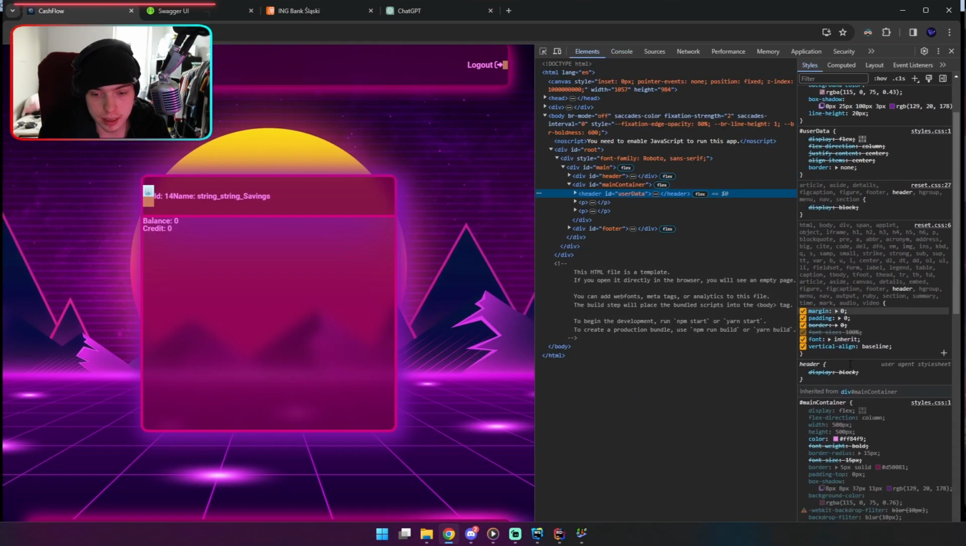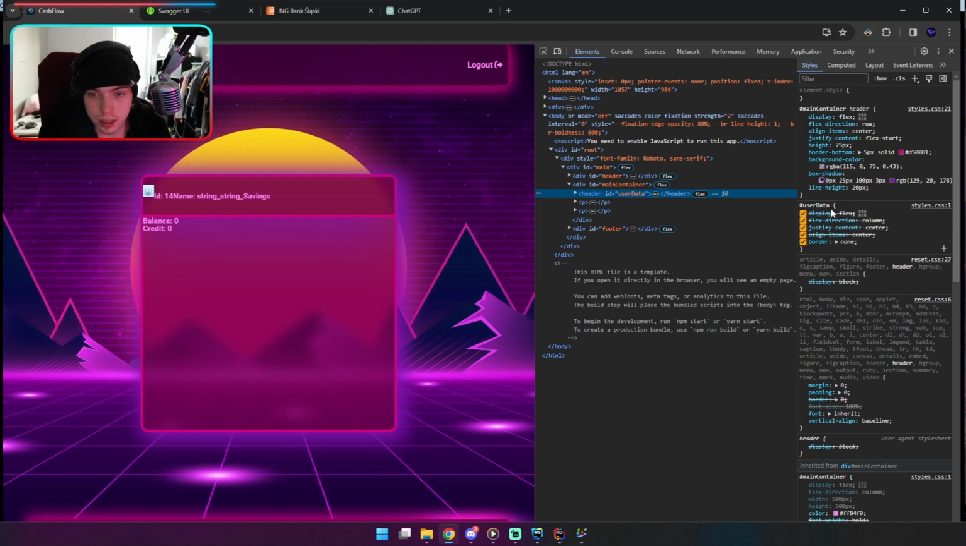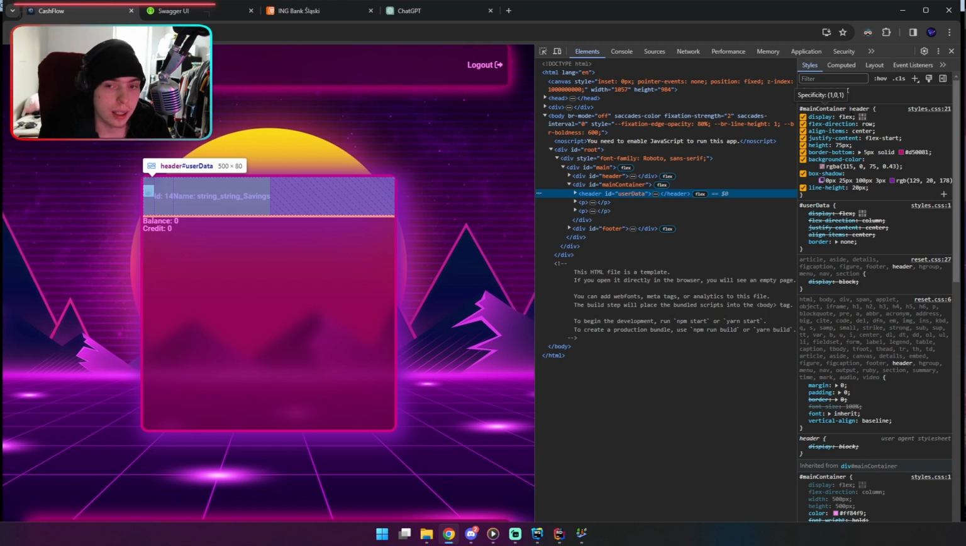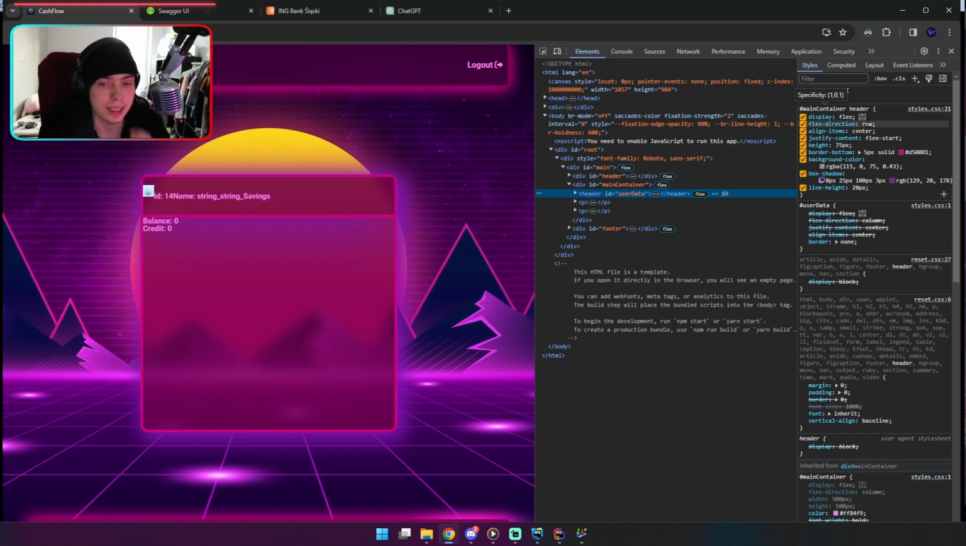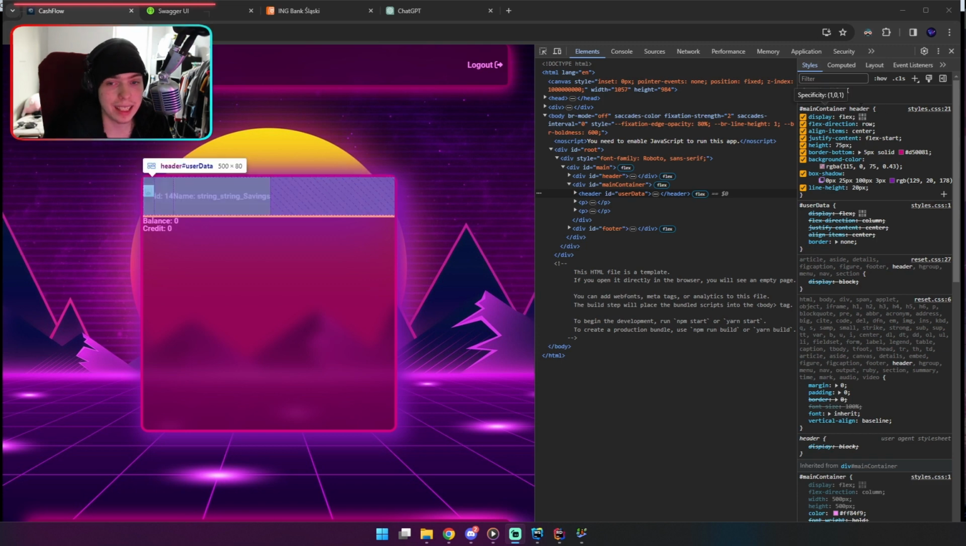For some odd reason, nothing is applying to user data. Okay, I get it. The priority of CSS basically works in a way that the more specified your selector is to some element, the more it actually counts. And as we can see, there is something a little bit more important, because we have an ID and then